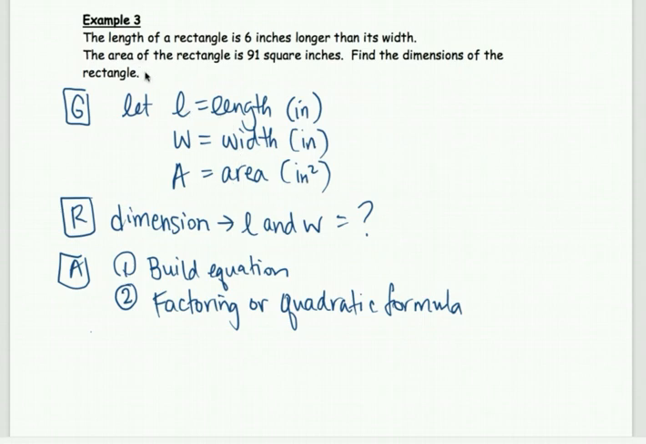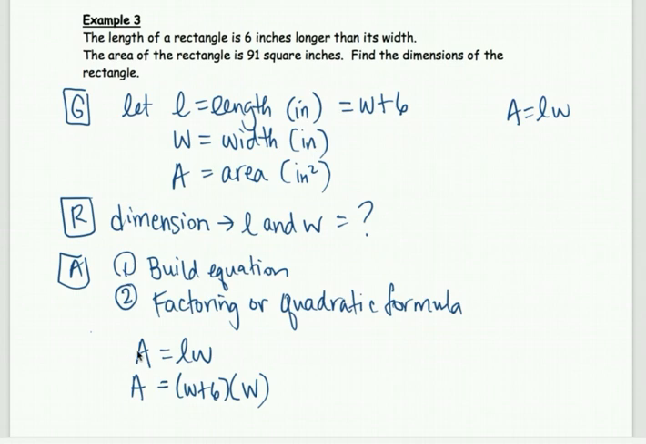So we know the length is 6 inches longer than the width, okay? So I can write this as W plus 6. So length is actually equal to W plus 6, width is W, area is still area, okay? So, then from there, the area formula, so again, what's the area of a rectangle? Length times width. So we know that the area of the rectangle is length times width, so we can plug in our L and W in here. So we know L is W plus 6, and width is width,